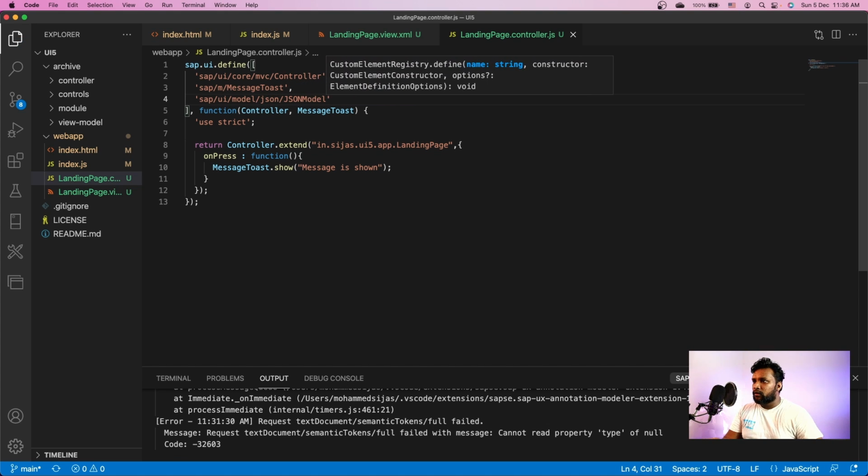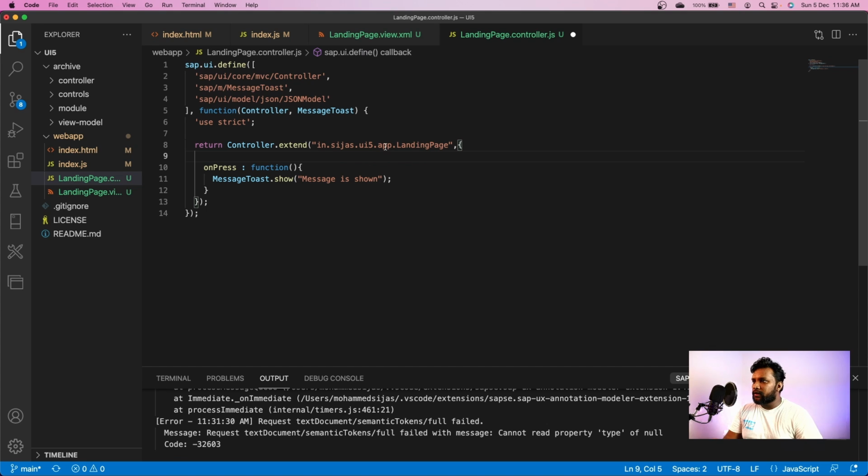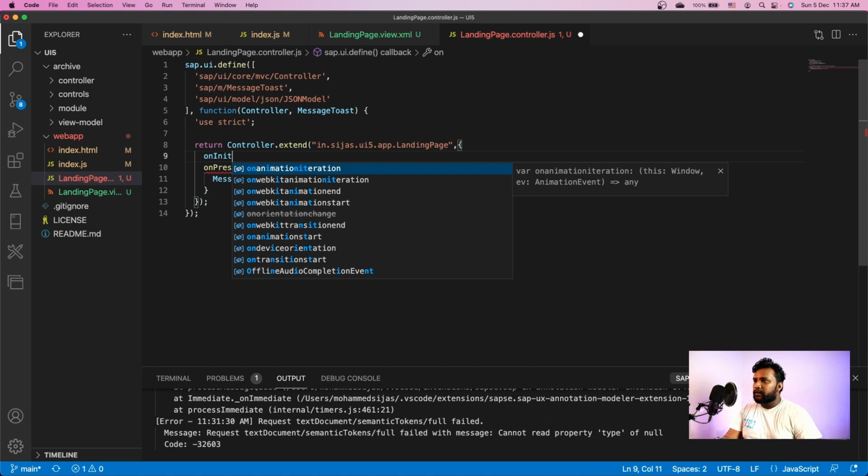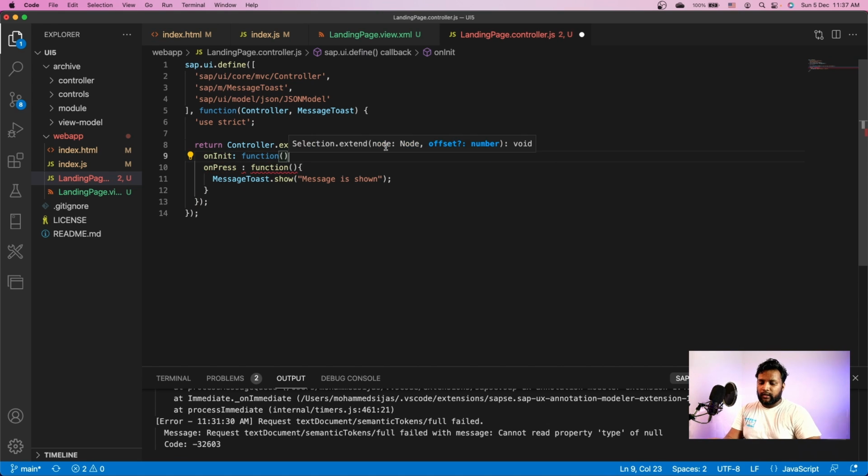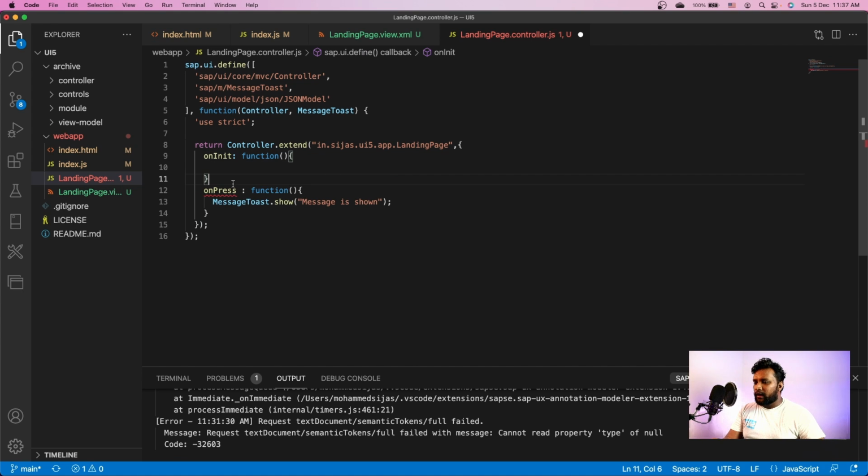So we have to instantiate a JSON model in the controller, and we will create it once and we will be using it throughout the application. We may modify it on the run, but we will do some changes. So for that, what I'll do now is I'll override the onInit method, which is one of the lifecycle methods where I'll be able to do the instantiation of the JSON model. So I'll create var, let me call it mData, which is model data, which is a new instance of JSON model.